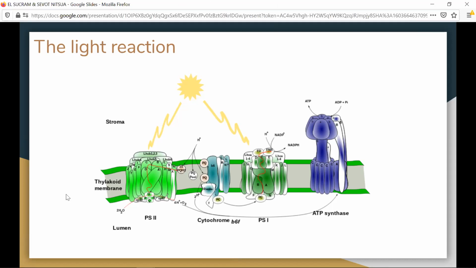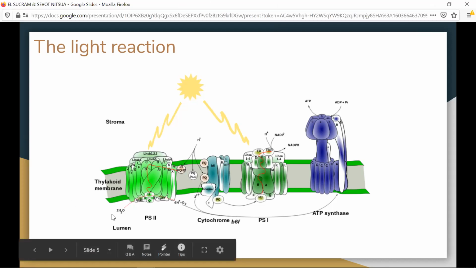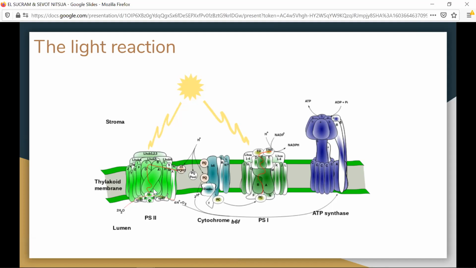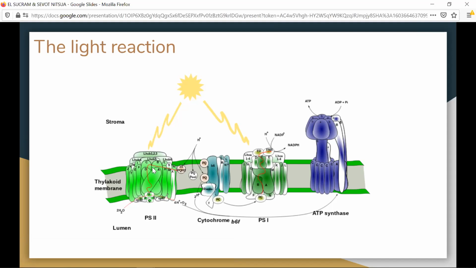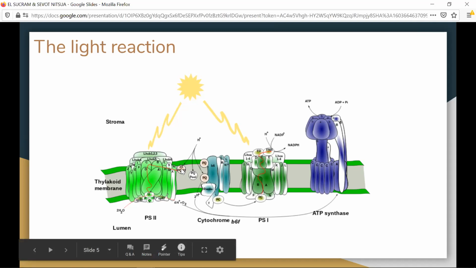To answer that question, we have to look at water. Water down here, it's kind of hard to see, I apologize for that, but water here, when it meets photosystem 2, it actually breaks apart into hydrogen and oxygen, as you can see here. When it breaks apart, it actually releases an electron into this system, right? Photosystem 2 then absorbs the sunlight, exciting the electron, making it move, and it'll move through this system